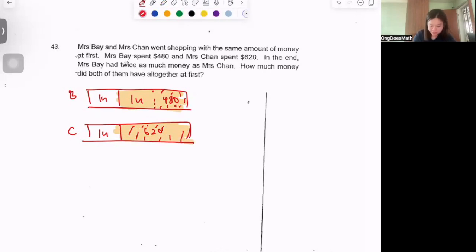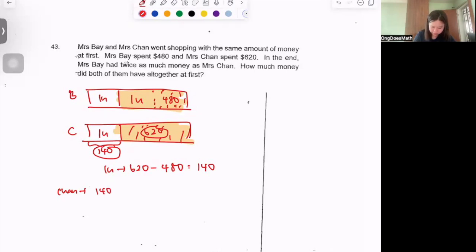1 unit is just 620 minus 480, and that should give you 140. So 1 unit is 140. So Chan had 140 in the end. How much did Chan have at first? It's just 140 plus this 620, right? So at first, Chan had 140